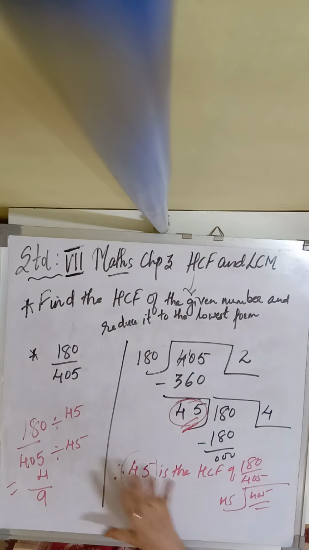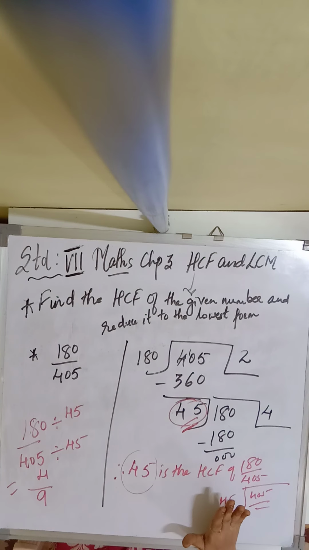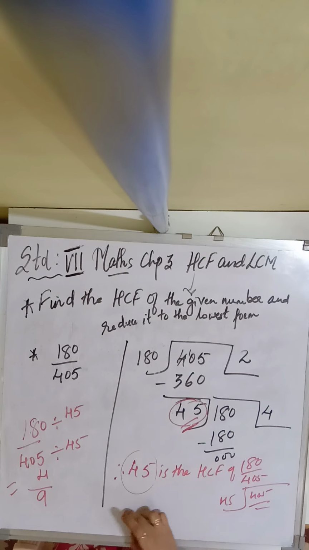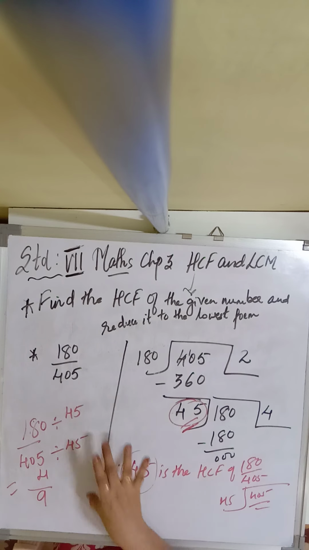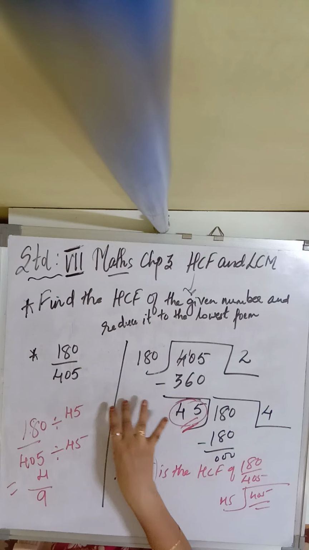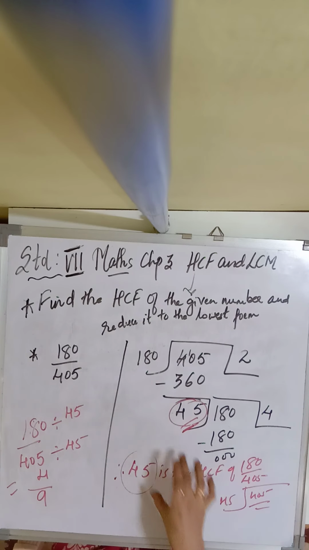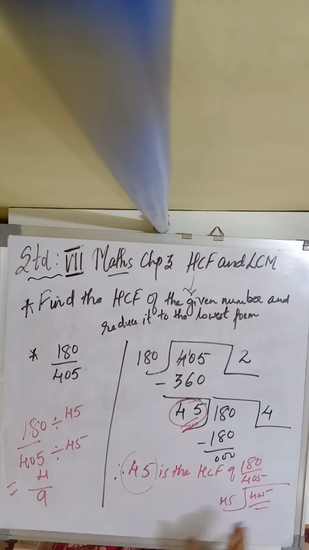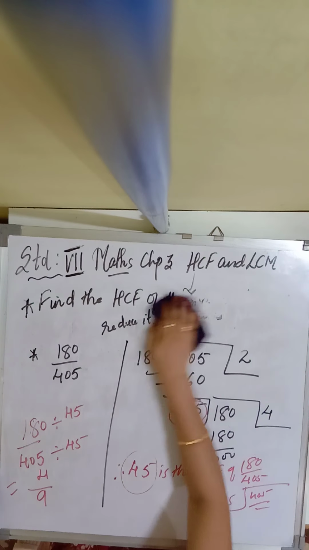Now this is the second method to find the HCF, children. In the exam, if it is specified to find HCF by the division method, then you will use this method. And if it is written only find the HCF, then you can use the vertical arrangement method we learned in the previous video. If this sum comes, it will be approximately for 4 marks, because you are finding the HCF and then reducing it to the lowest term. A simple HCF question will be of 2 or 3 marks sometimes. I hope you have understood.